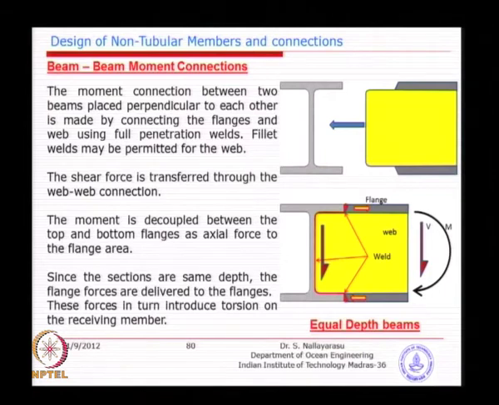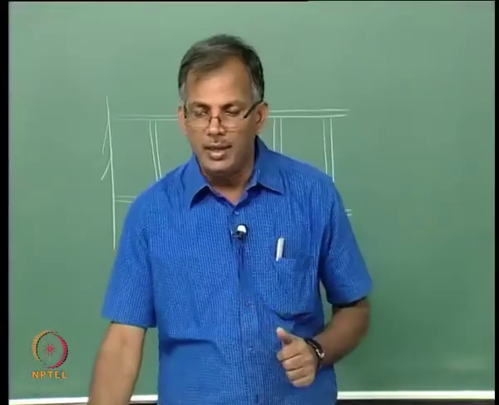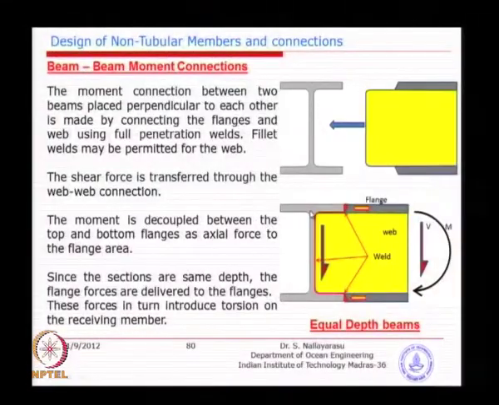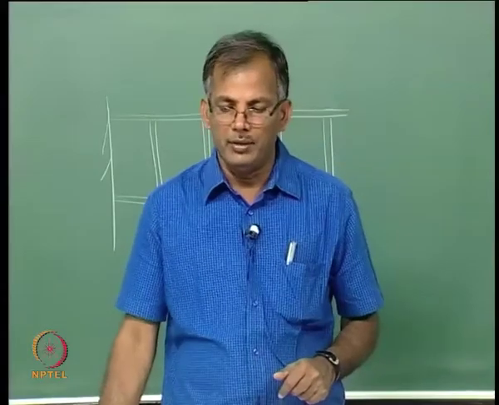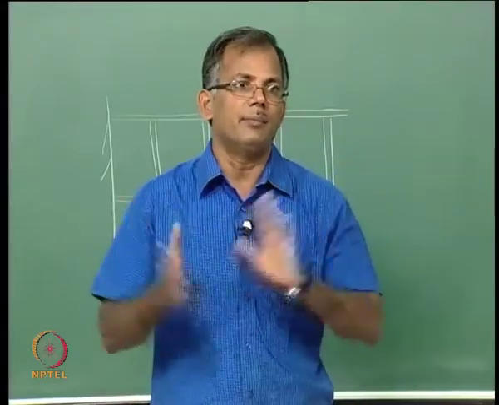Instead of a big fixed beam, which is WL square by 12 or 24 or something like this. So, basically either you design this beam for the torsion that is going to come, or you just do not do this welding to avoid these couple forces, but then you design this beam for an increased bending moment, because once you assume a simply supported condition, your bending moment for this member will be larger. So, you will make the beam strong enough.